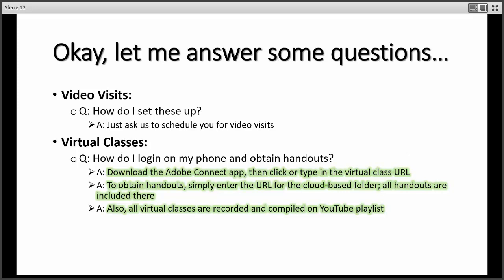or you can, I'm not sure exactly how you guys have gotten the login instructions, but we do have a handout that has a clickable link in it. And so if you've got access to that, all you have to do is once you've downloaded the Adobe Connect app, click on that link, and then it will ask you, do you want to join via browser or through the Adobe Connect app? And you just tell it through the app, and then it will go on into the room. Then subsequent classes, you don't have to type it in again because it saves your recent classes, the recent URLs, and all you have to do is click it and say go. So that's really all there is to it.